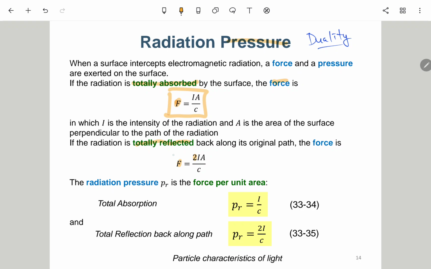So here the force is 2 times IA over C. 所以这个就是类似碰撞，如果你的 EM wave 过来，它有一个 momentum。当它打到这个面上面，如果被完全吸收的话，动量守恒，所以全部的动量都会作用在这个面上面，所以它有1倍的